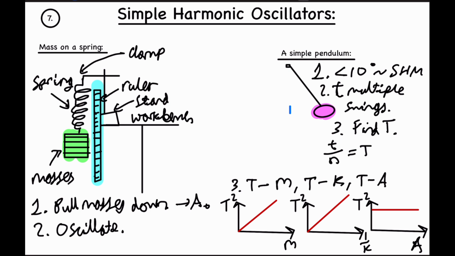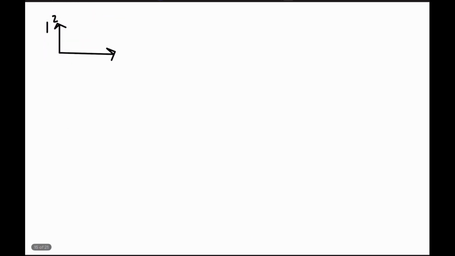And then you can draw more graphs similar to the ones we found for the mass on the string. And you can change variables such as the mass, the length, or the amplitude of oscillation to find the relationship between them. If you plot the time squared against the length of the pendulum, you would get a straight line graph like this. If you plot the time against the amplitude,